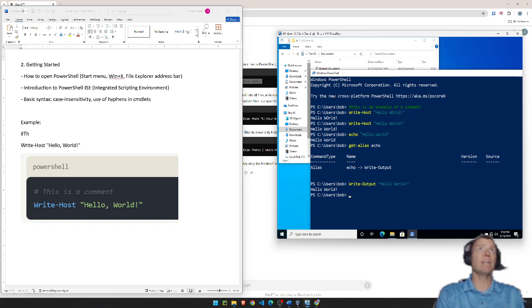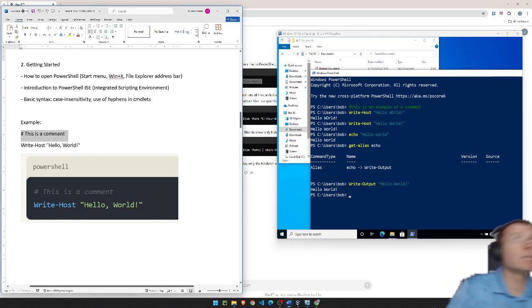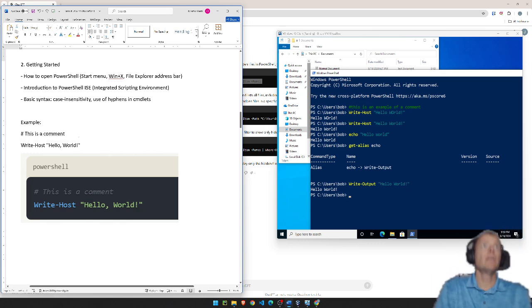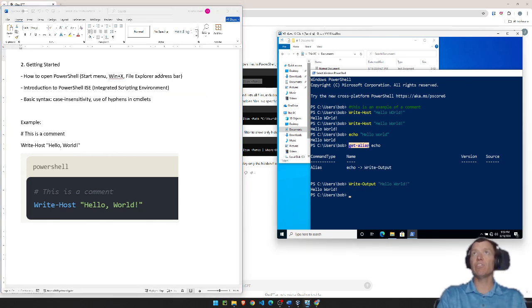All right, so that's number 2, and I guess I must have copied stuff off here. Let me undo that. All right, the PowerShell case insensitivity. That's a big difference if you're coming from the Linux realm. Everything is very much case sensitive, but you see here that I said get alias all lowercase. If I did get alias all uppercase,